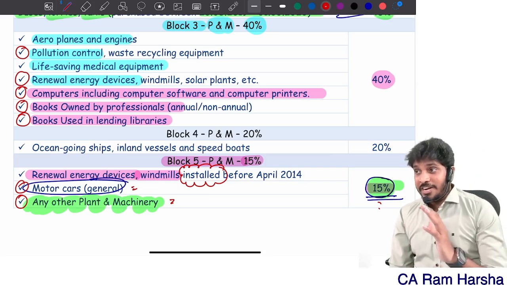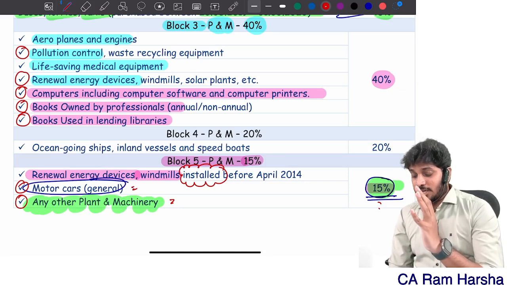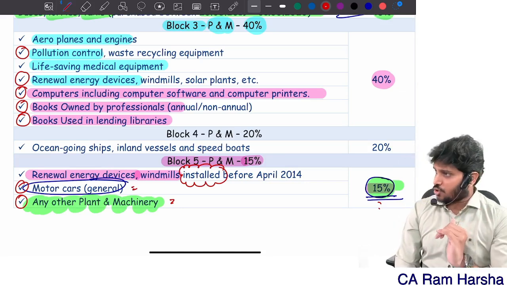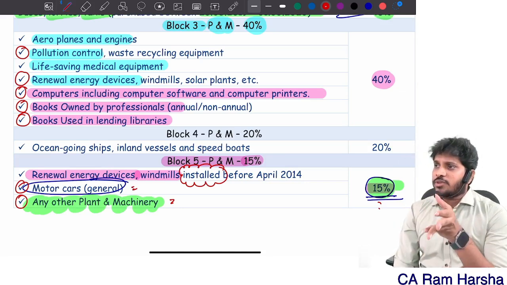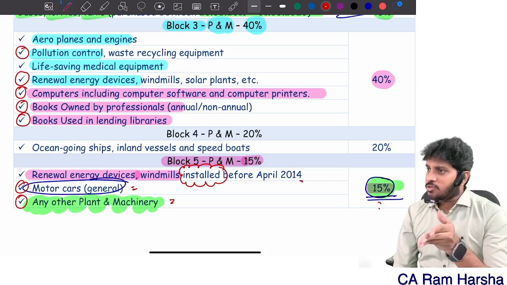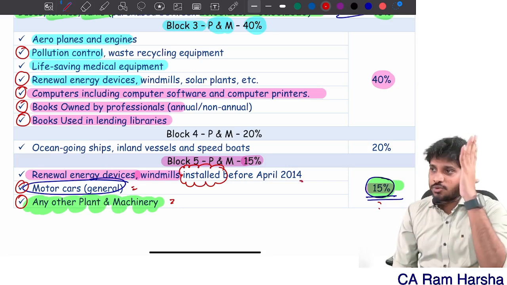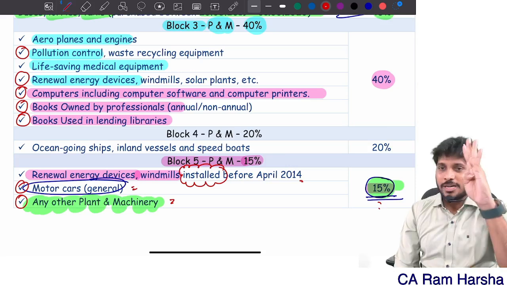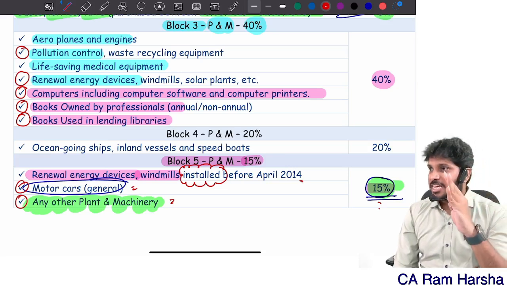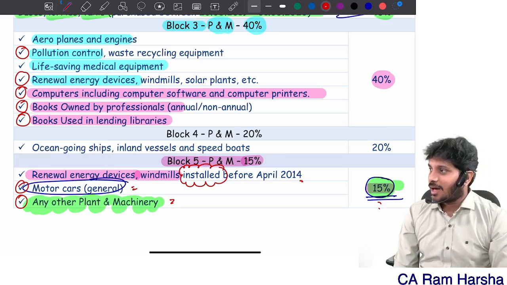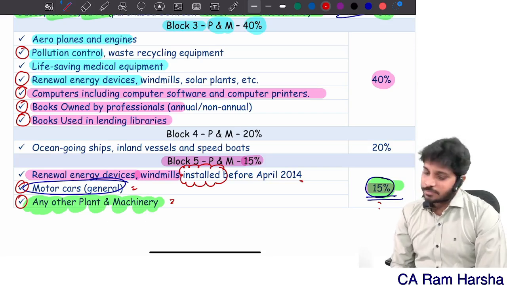Suppose a windmill, a turbine is purchased, which costs almost 25 crore. It was purchased before 31st March, before April 2014, but it was installed in September 2014. 40% is the rate of depreciation on that asset. Are you clear? All of you? Now